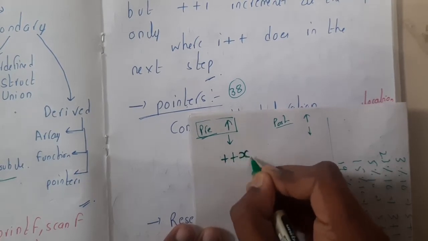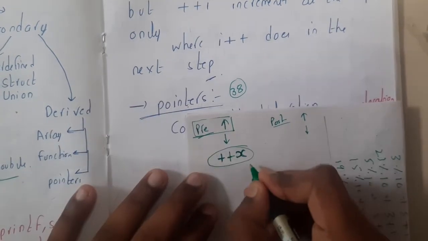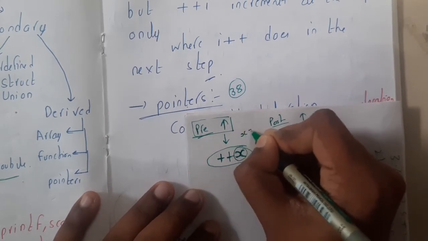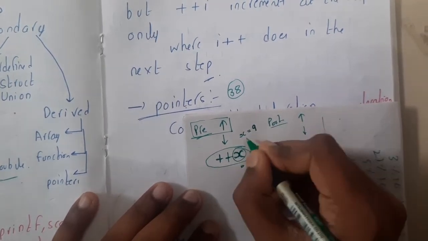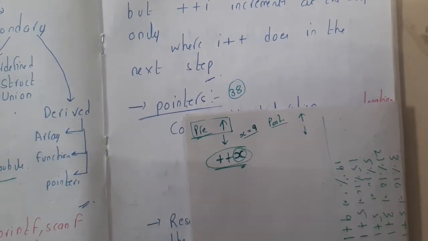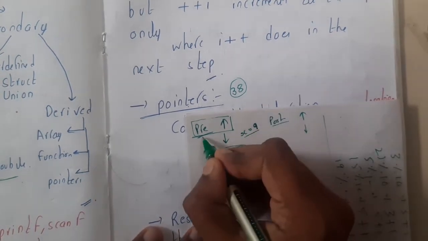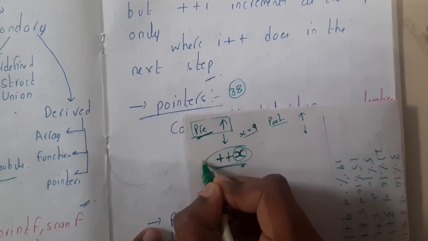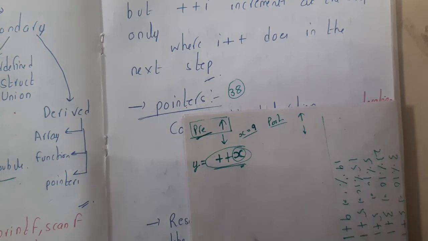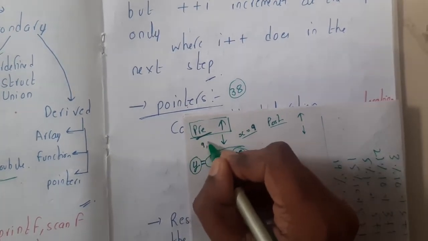So what does this exactly do? What is the x value? Assume that x is equal to 9. What it exactly does is it will increment x. The thing is really easy, right? It will increment x, but there is a catch here. If there is a substitution, say we are substituting it into y, what will be the value stored in y, guys? Will it be 9 or will it be 10?